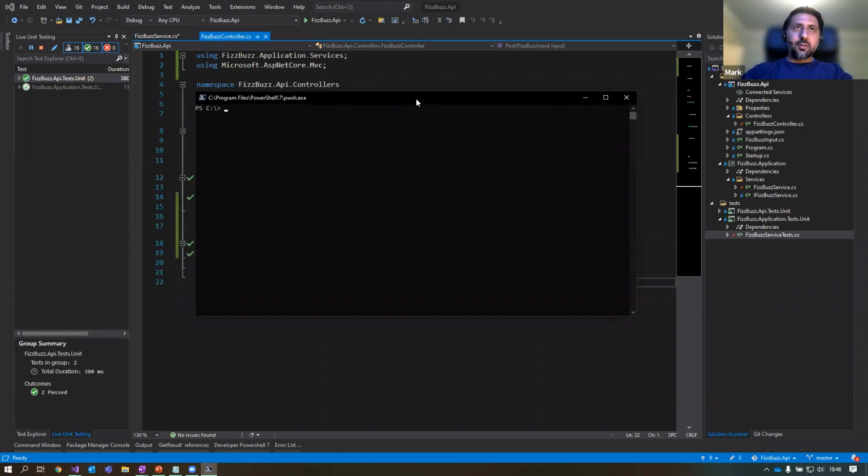We've got some new commands that we've created. New Git clone is going to do a clone for me from a repository. But if the code is already on my machine, it's just going to open the folder in Visual Studio or VS Code as I need.